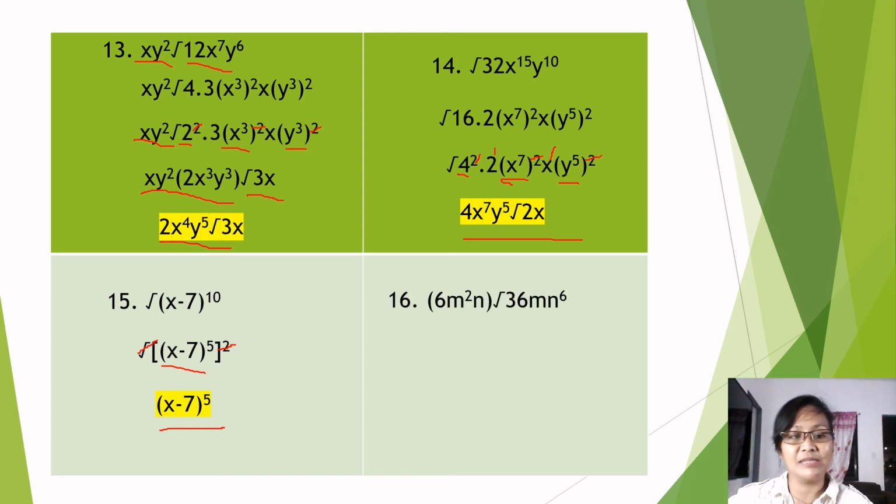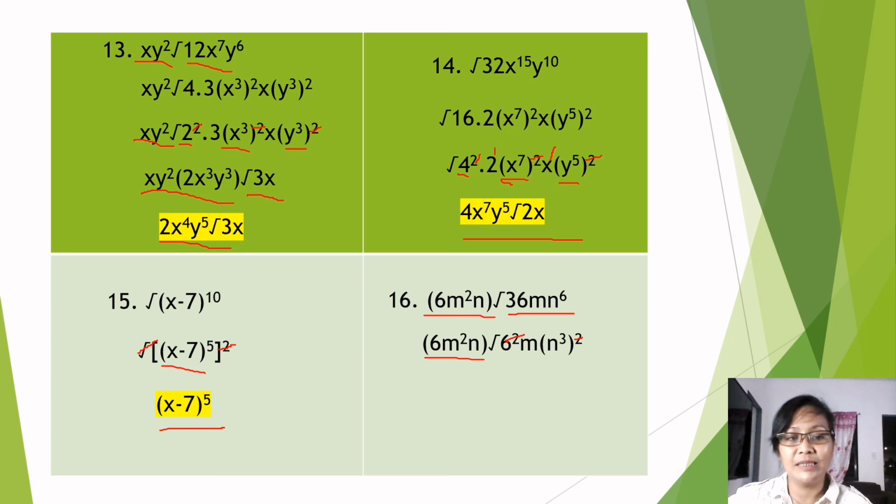Last but not the least, number 16, bonus. So we have 6m squared n, square root of 36m n to the 6th power. First, we're going to copy the terms outside the radical sign and then factor out the radicand. So we have 6m squared n, square root of 6 squared m, n cubed squared. Extract the root. So cancel out squared, squared. So we have now 6m squared n